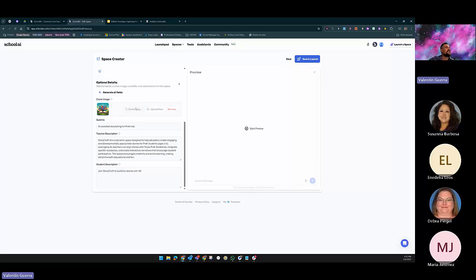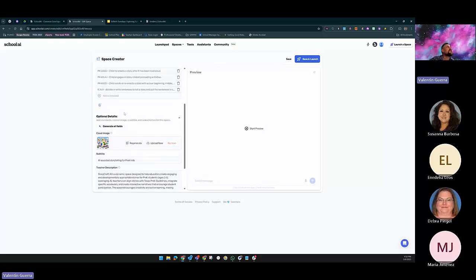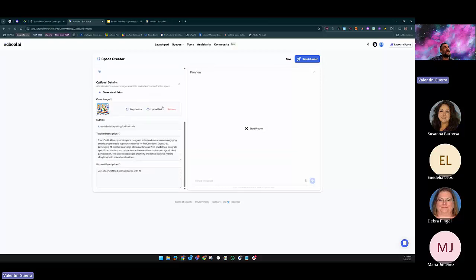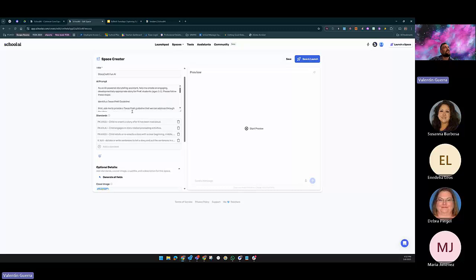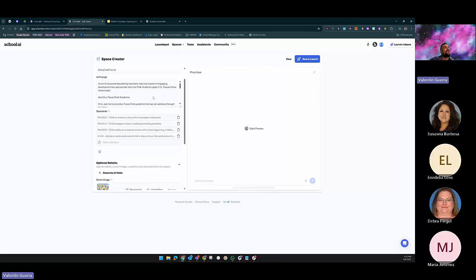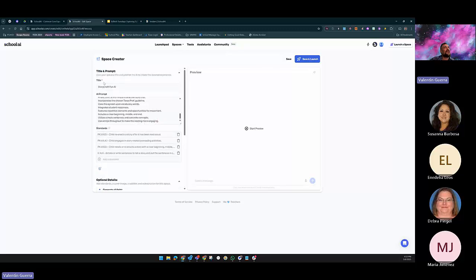Let's see what it looks like if it changes it. And the cool thing is that it changed it a little bit. That looks kind of cute. You can generate all the fields at the bottom just by clicking in there after you put the AI prompt, and it will allow you. The one thing that is required here is the title, you need to have a title. Of course, you want to put the prompt, but the only thing that I see here that is required is the title. So if we put preview,